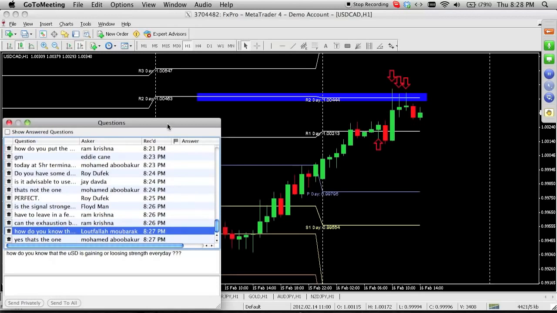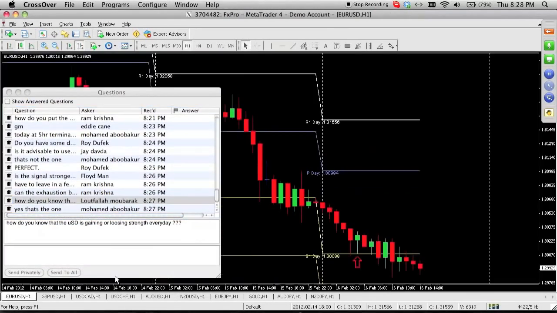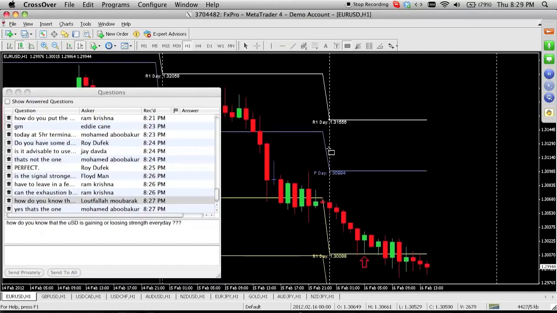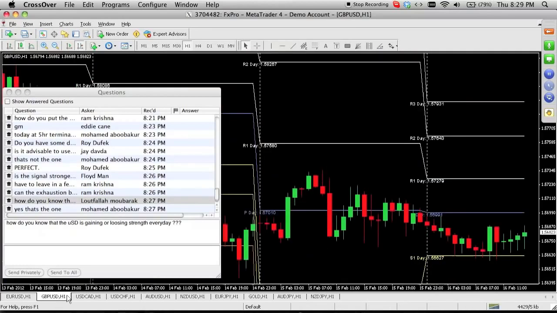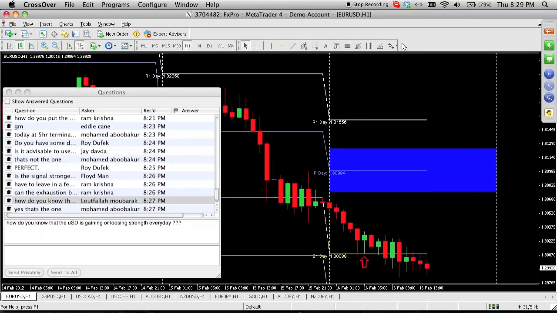Okay, now when you look at all the pairs, I usually do the forecasting by drawing trend lines and doing some fib numbers. Once the forecasts are done, for example, if this is my forecasted area where I'm saying the market's going to come up and touch and then go short, usually all my pairs will say something similar. Something like this means the market goes up into this, and then it will come down from this area. This means overall the market wants to go down, which means the US dollar will gain strength, because in a pair